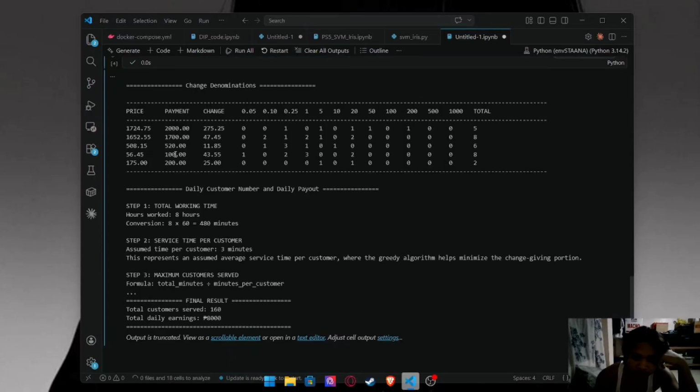Now, the whole point of the greedy algorithm here is to always give the largest denomination that fits first, then work your way down, that way you use the fewest pieces possible. Now, an example for this first price. As you can see here, let's say the price of an item is 1,724.75 and the payment of the customer is 2,000 pesos. So the change should be